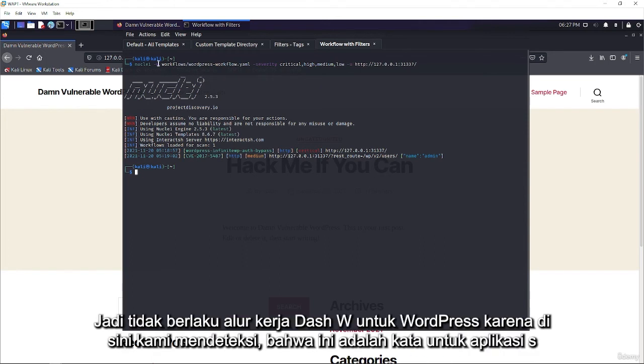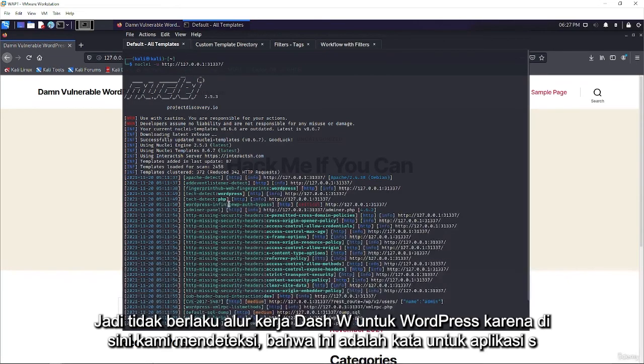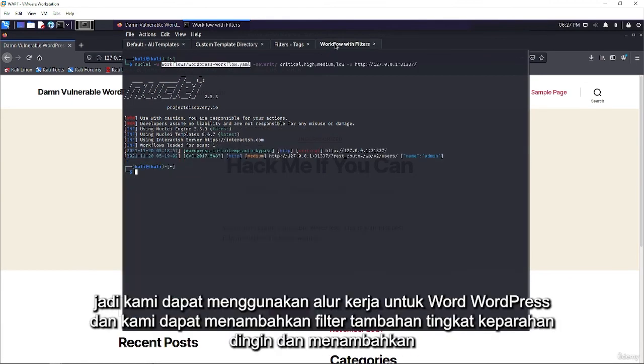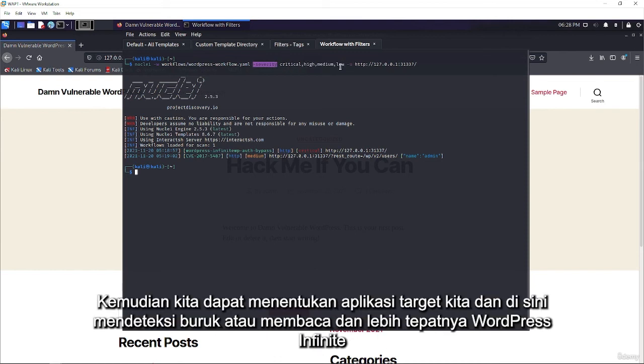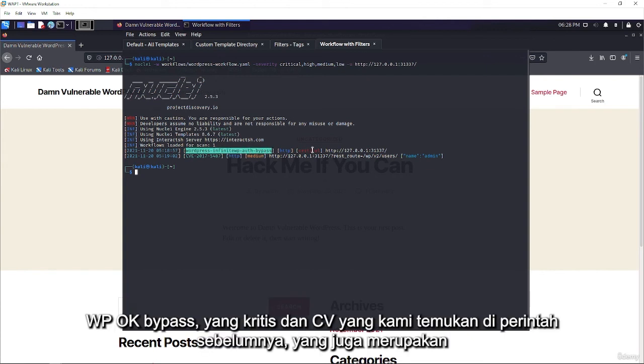So nuclei -w workflows for WordPress, because here we detected that this is a WordPress application. So we can use the workflow for WordPress, and we can add an additional filter called severity, and add critical, high, medium, and low values for the severity filter. Then we can specify our target application. And here it returned WordPress Infinite WP auth bypass, which is critical,